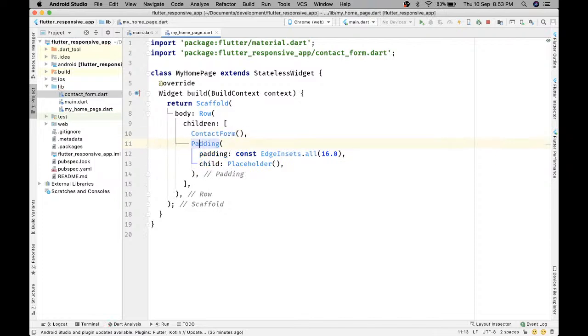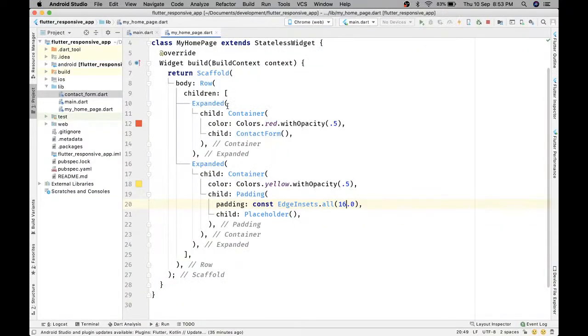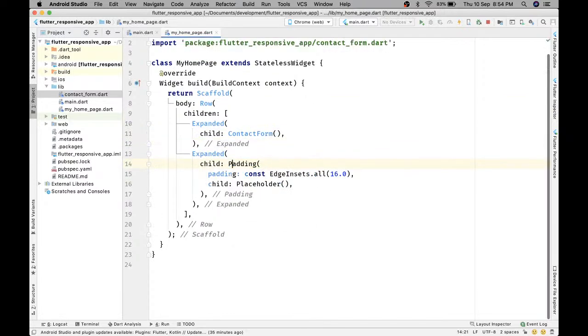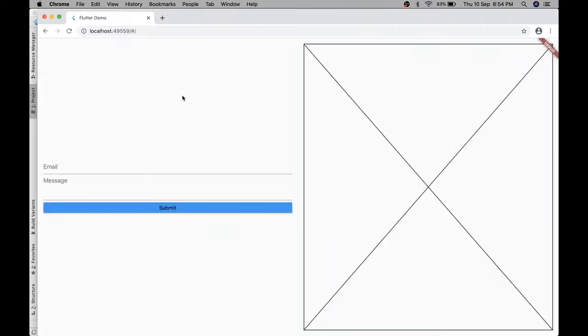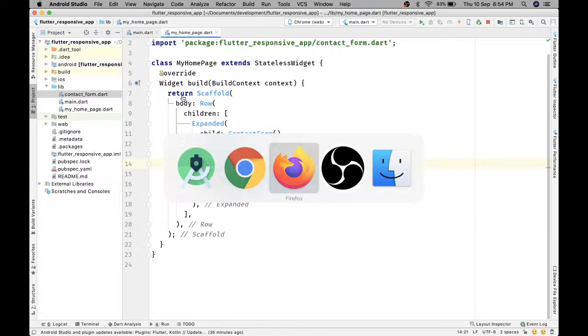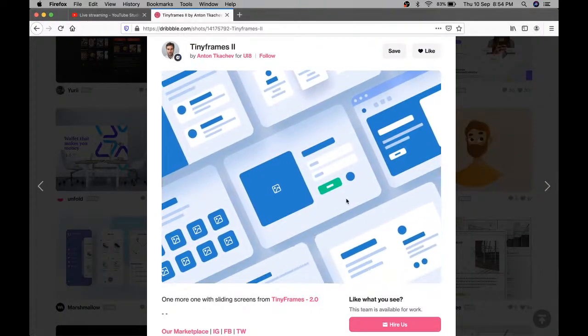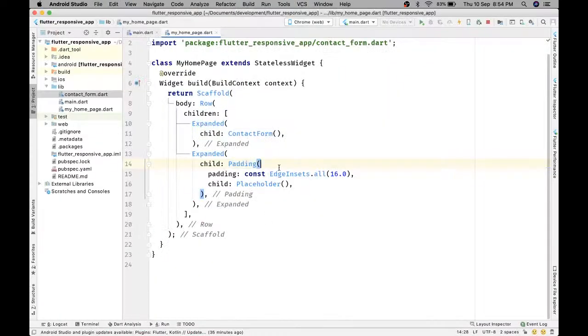Let me undo everything. Let's save it. Cool, working fine. And now remove the container. Yep, it's working fine. We have removed the containers. Should we put it? Let's. Okay. Now,